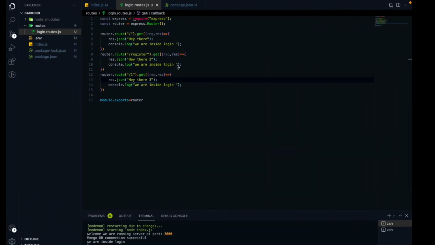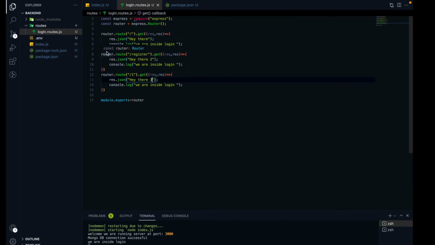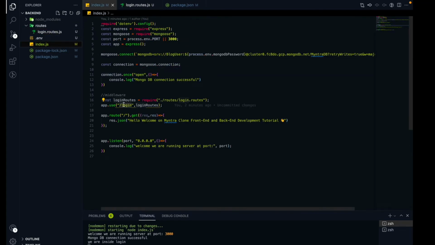So after the login, any endpoint you want, that will be taken care of by this file now. All the things will be routed to this file. So that is a kind of login. In the future, suppose we create slash order and we have a dedicated file for the order. We will write all the order related code inside that order file. So that is pretty much routing.